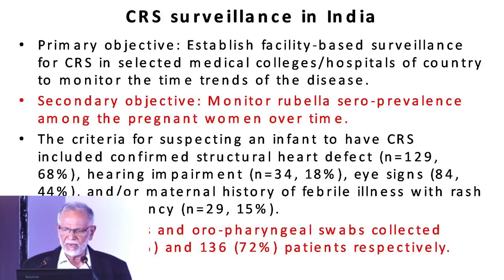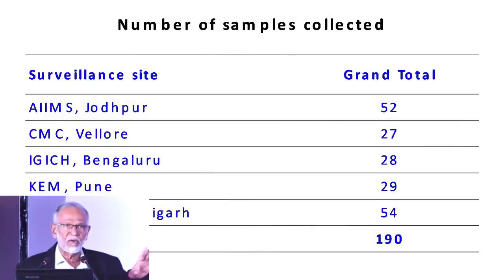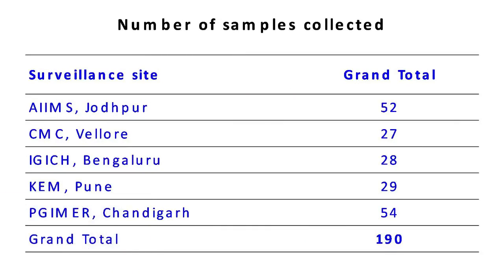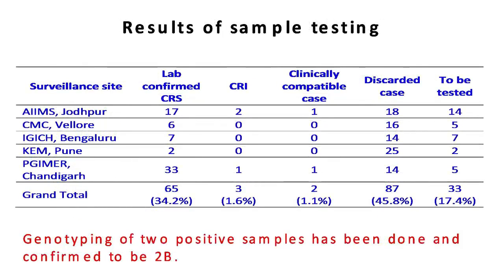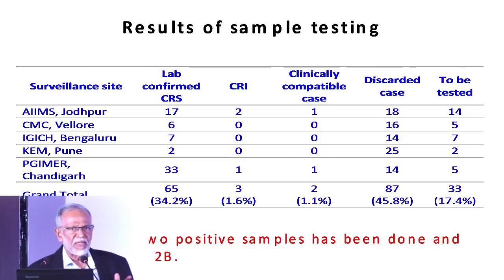This was a study, if I recall right, done by ICMR, and the grand total of that study was 190 children, and 5 centers participated. Lab confirmed CRS was 35%, 65% clinically compatible, a few more, a lot of them 45% discarded. So this shows that CRS is real, it occurs here, it is underestimated because it is not counted, and if you want to count,